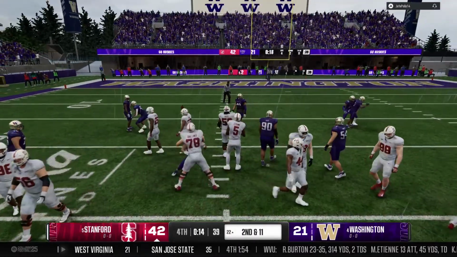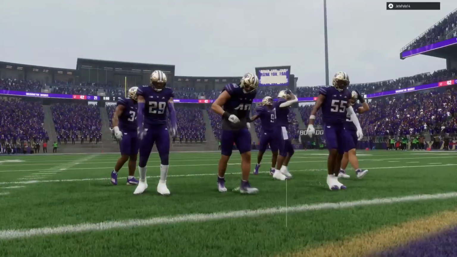And the quarterback just kneels down. Well, it wasn't a flawless performance, Kirk. They